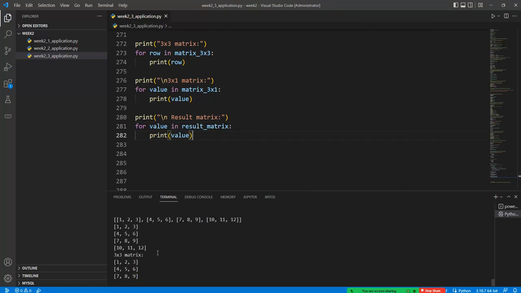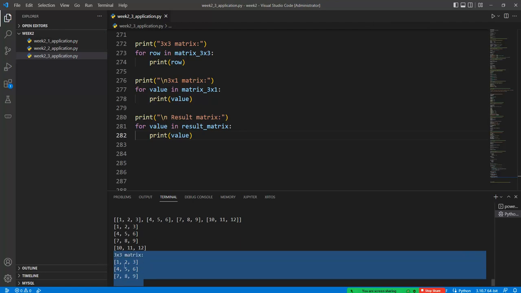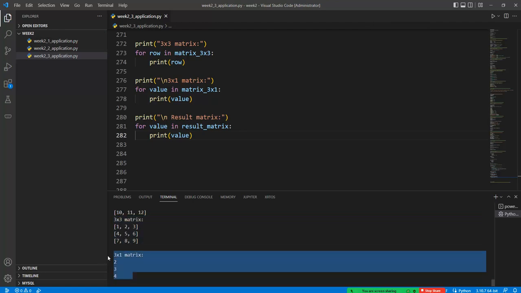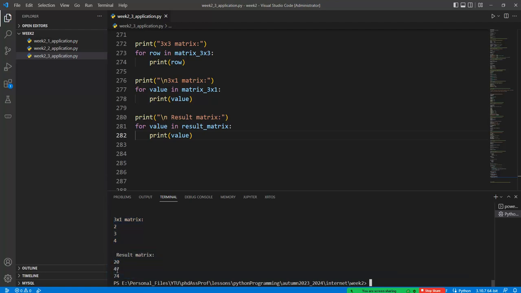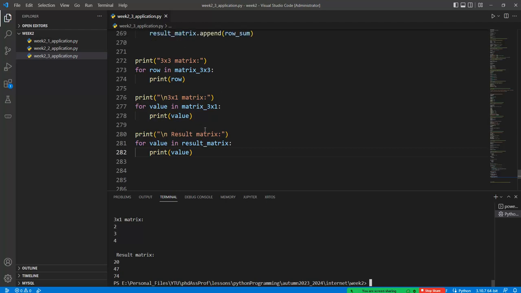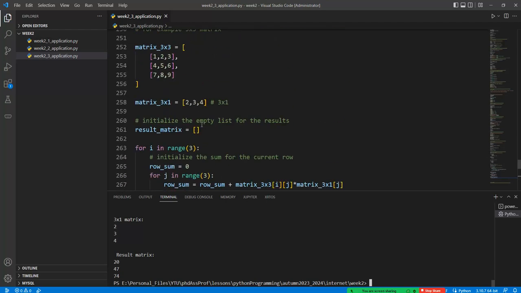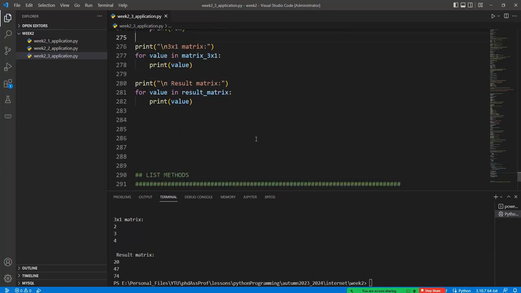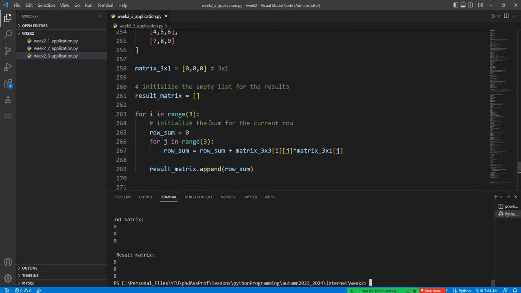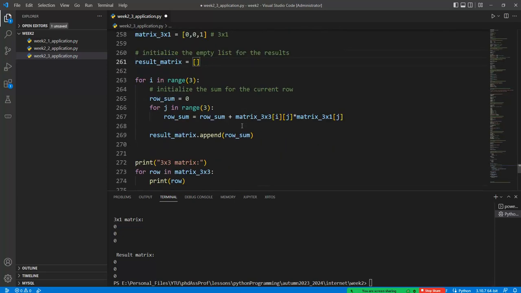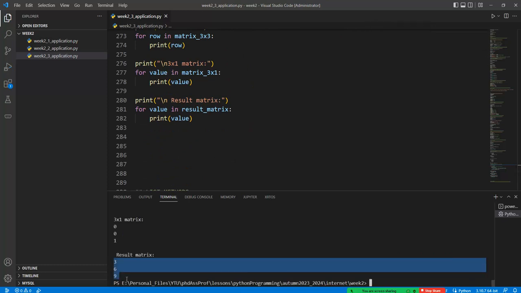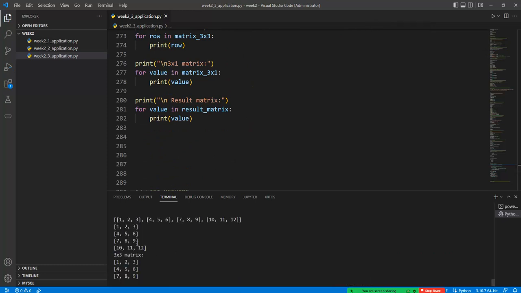So we have the 3 times 3 matrix here and the 3 times 1 matrix here, and the result matrix is equal to what? 20, 47, and 74. Okay, and if I choose 0, 0 and 0 like this one and run this code, the whole result is equal to what? The 0 value. Okay, it's correct. Or I can assign the 1 values here, 3, 6, 9, because the 1, 2, 3 is included at this time. Okay,